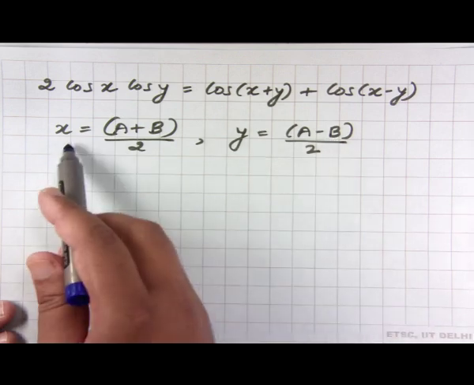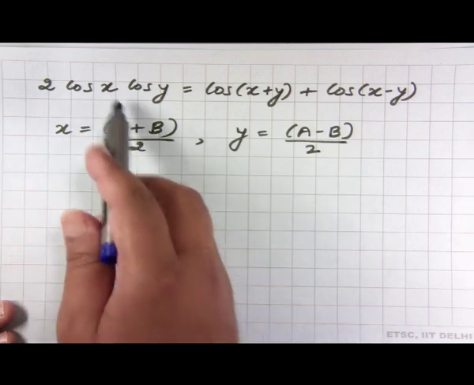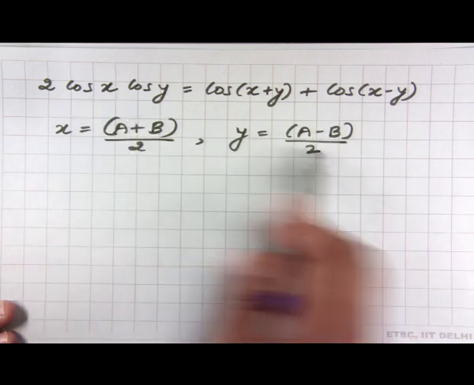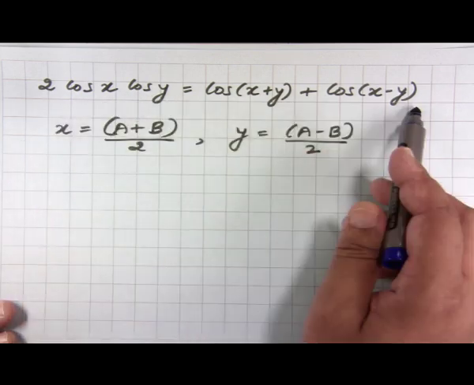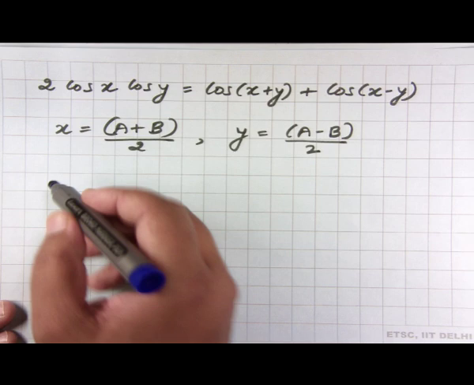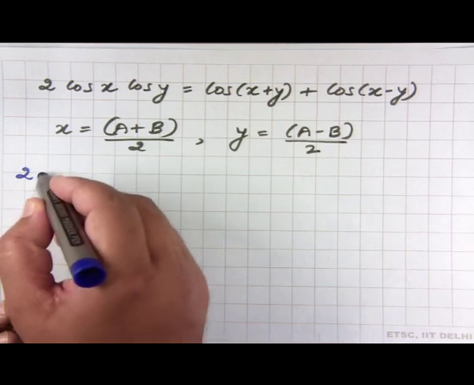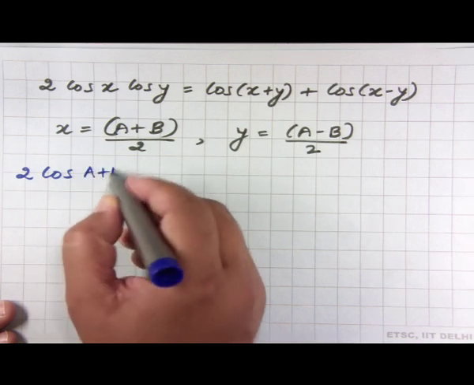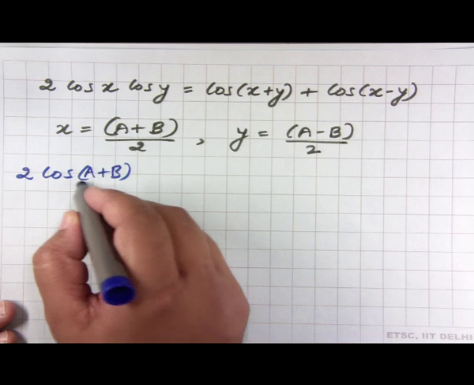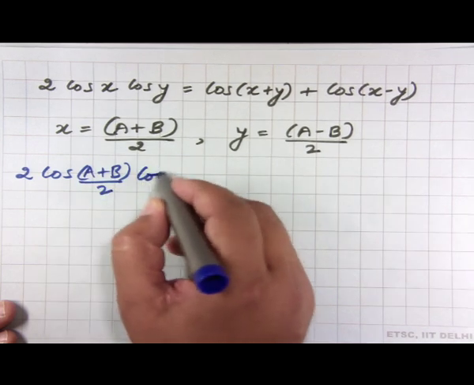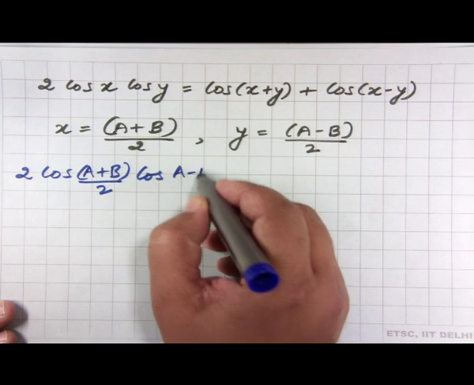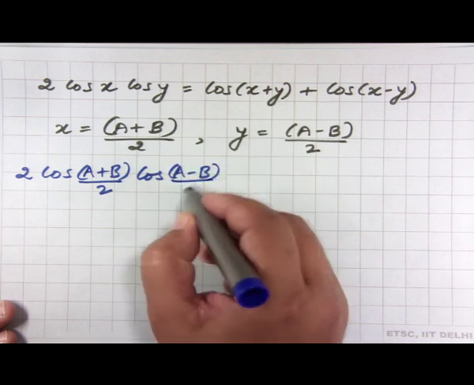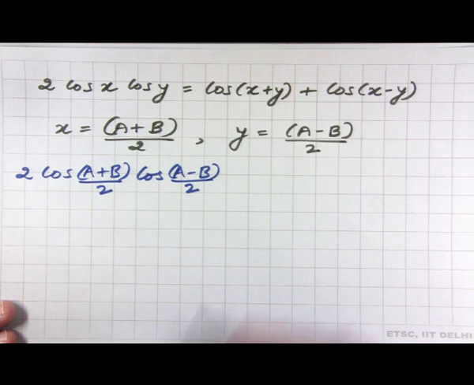So, if we substitute x with (a plus b) by 2 and y with (a minus b) by 2 in this equation, what we end up getting is that 2 cos((a plus b) by 2) into cos((a minus b) by 2) equals,